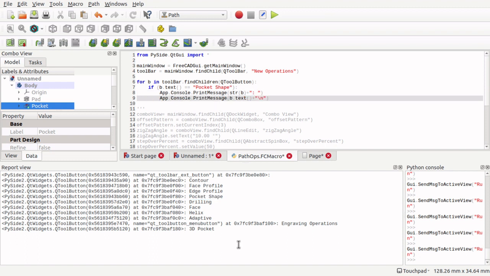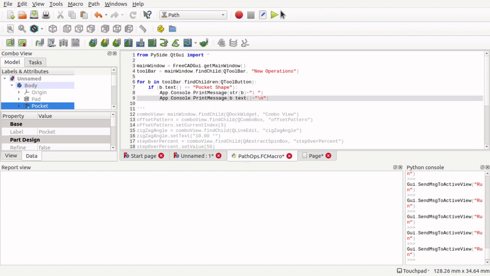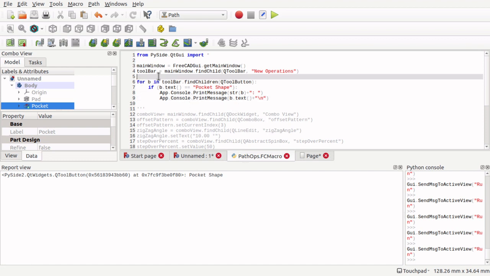So I just ran that now, we should just get the 1, which is correct, and I'm going to assign that button in there. So come in here, I go pocket button, and we will equal that to none at the moment because we don't want to actually assign that,